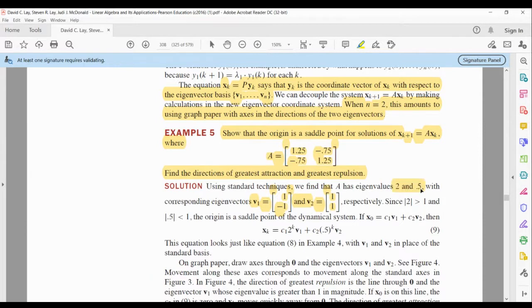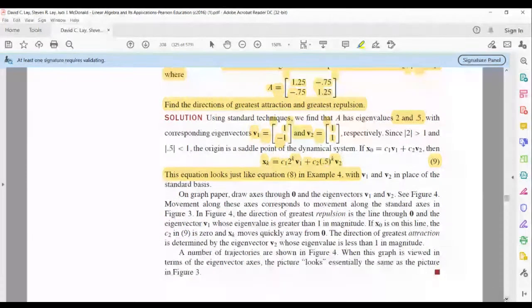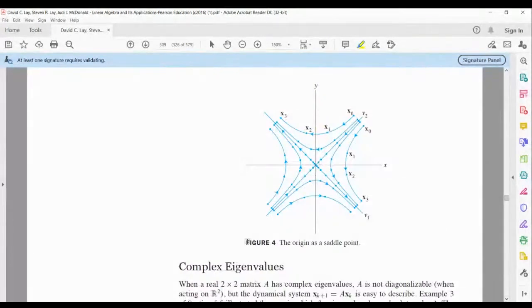The eigenvalues are 2 and 0.5. The eigenvectors are v1, negative 1, 1, and v2, 1, 1. And then here is the dynamical system. Now, the axes that you would draw the trajectories on go with the eigenvectors 1, negative 1 and 1, 1. And if we look at figure 4,